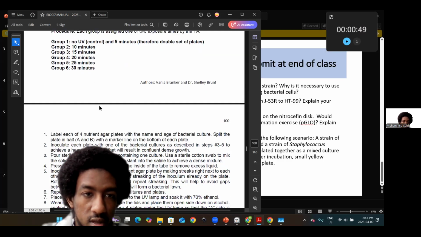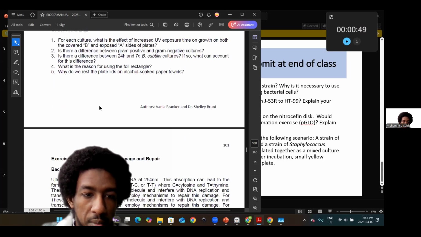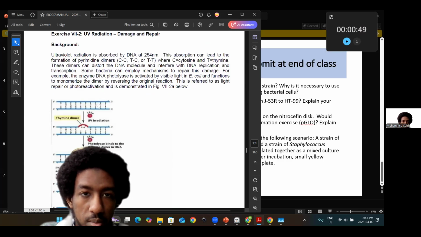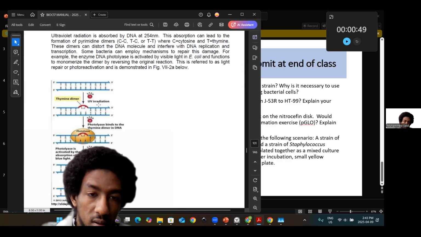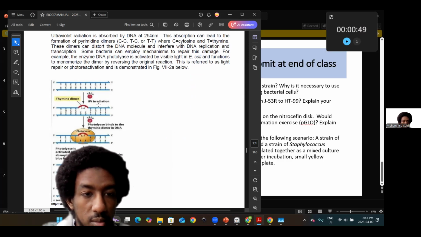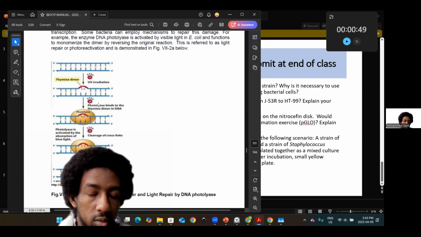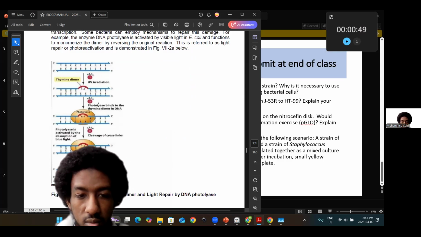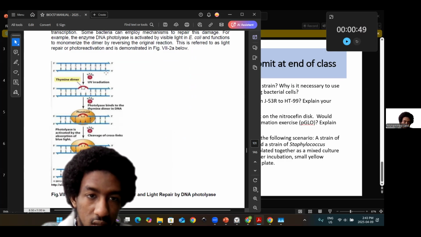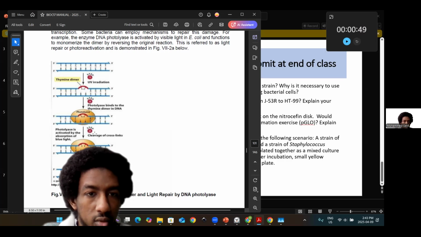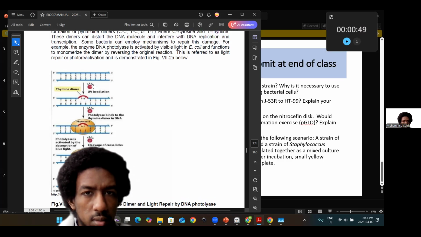We talked about the differences in time points for UV exposure, and radiation damage and repair is something that I wanted you guys to look a bit more into, because this is something that is limited in discussion from our labs together, but you'll hopefully integrate the material from what you've learned from lecture. So from the light repair, for example, of thymine dimers, you use photolyase. Photolyase is essentially going to snip, first off, actually,